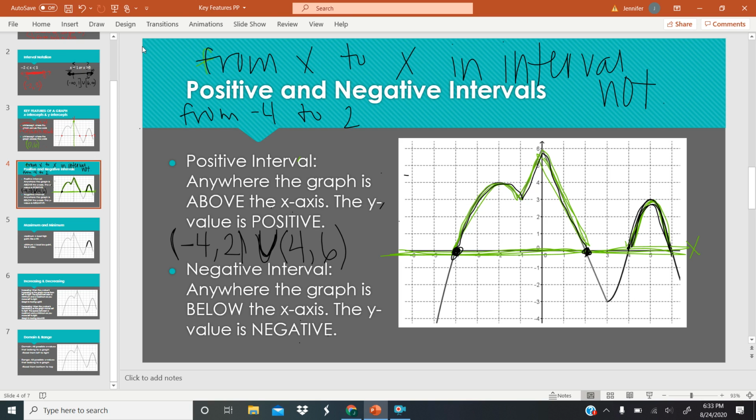And with positive and negative, you're going to want to use parentheses instead of brackets, because when you're actually on the axis, that's when your y value is going to be 0. And since 0 is neither positive nor negative, you're going to use parentheses because on the axis, that point is not going to be included in the interval. So that's why I'm using the parentheses instead of the brackets in this. So then we're going to move on